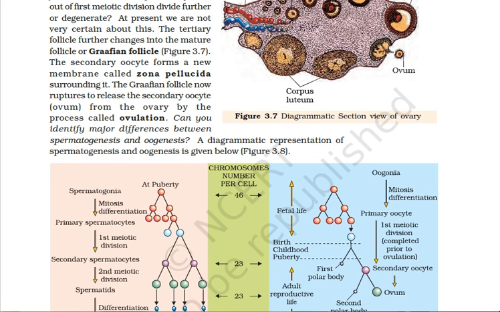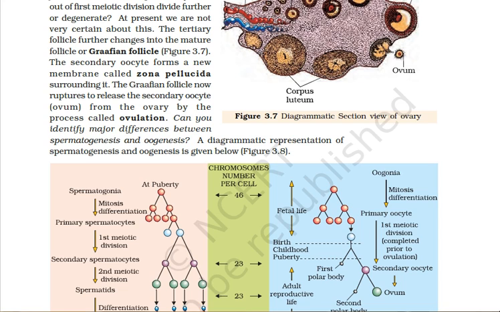Here you can see on the screen the diagrammatic representation of spermatogenesis and oogenesis in figure 3.8. You have to focus at present on the oogenesis. The larger one is the secondary oocyte, product of the first meiotic division, and the smaller one is the polar body. The first polar body does not undergo meiosis II,